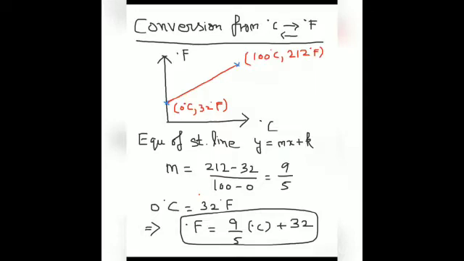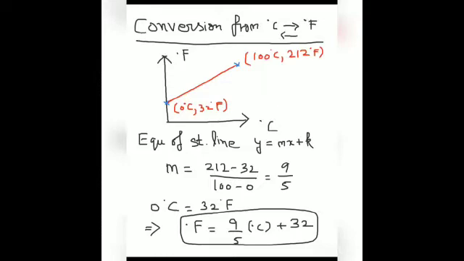But do you know how to convert centigrade scale to Fahrenheit scale or Fahrenheit scale to Celsius scale? We should derive a formula to do this calculation. In the Celsius scale, number of divisions is 100, whereas in the Fahrenheit scale, the number of divisions are 180. You can see the Celsius scale is divided between 0 and 100, so 100 equal divisions, whereas in the Fahrenheit scale, it is divided between 32 degree Fahrenheit and 212 degree Fahrenheit, which implies 180 equal divisions.